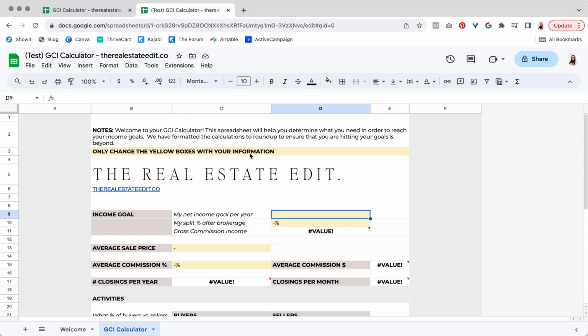So let's talk about our income goal. The first part is your net income goal per year. Now, this is the amount of money you want to bring in each year. Just note, we are not calculating our business expenses in this spreadsheet. That would be a much more extensive spreadsheet. We are just really breaking down how much money we need to bring in in order to about reach our income